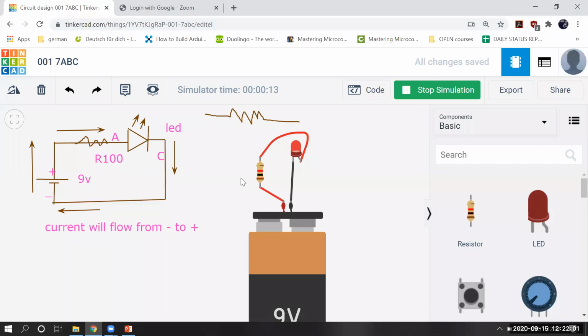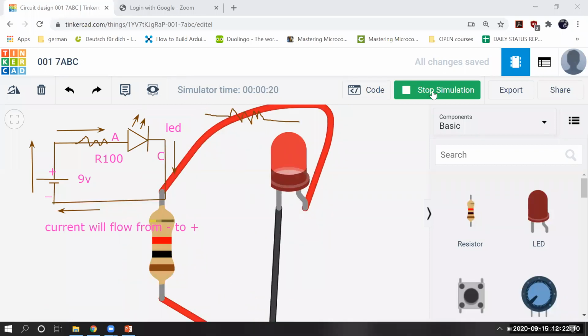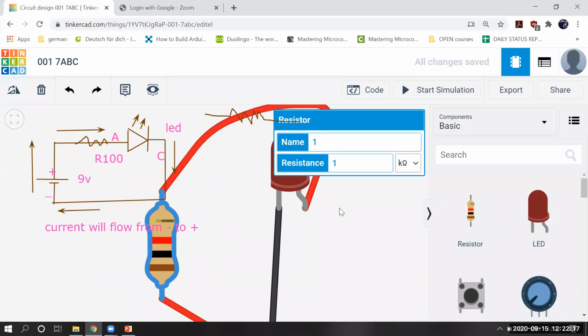So now you can see it is not blown away, it is glowing properly. If I stop it, you can see it is glowing.